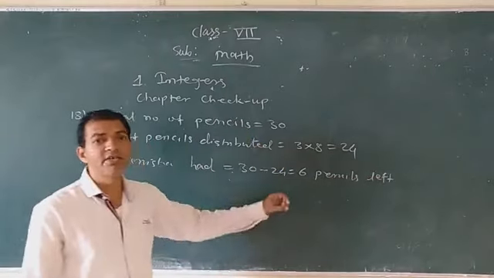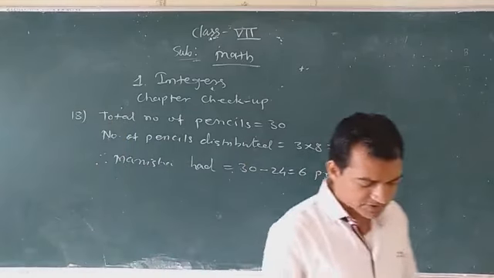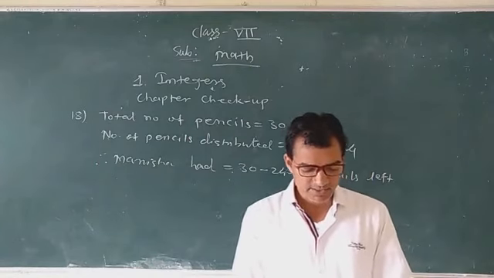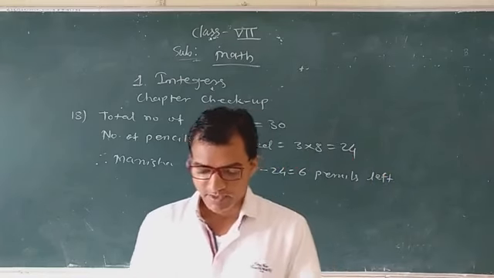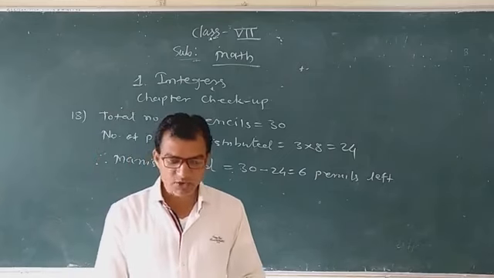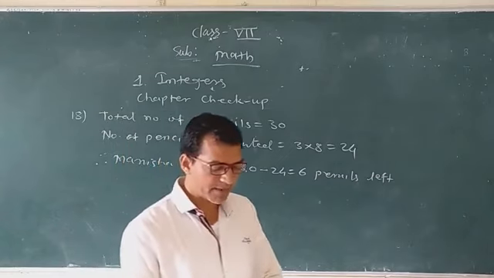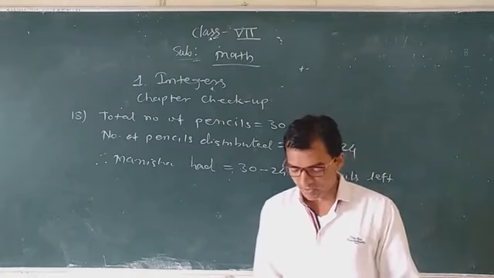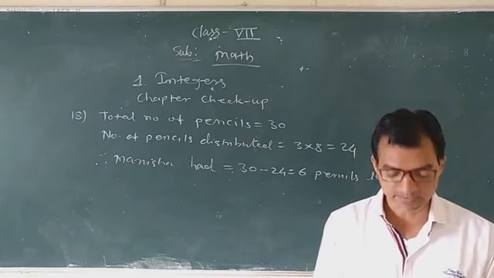Okay, so in this way you can easily find the answer. It is a very simple question. Now next one, question number 19. See what is given here. The question is like this. Gangadip is treating his friends for his birthday. 5 of his friends opt for ice cream that costs rupees 30 each, and 8 of his friends choose a packet of juice costing rupees 20 per packet. So how much money did Gangadip spend on the treat?